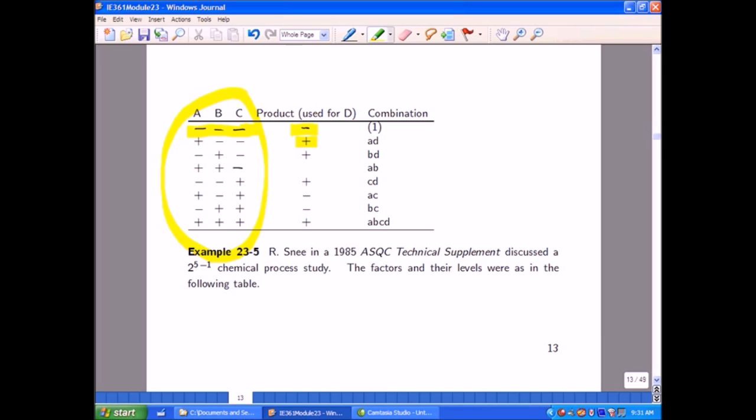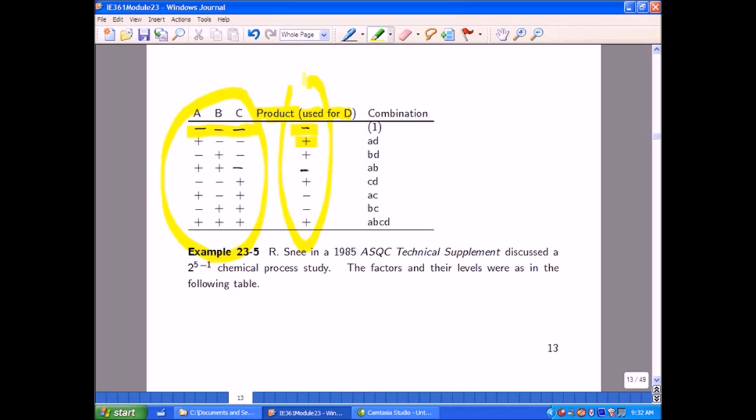If I multiply along the fourth row here, 2 plus 1s and a minus 1, I'm going to get a minus 1, and so on. And so the point here is that I've made up a column that is the product of the values in the first 3 columns, and these are what I use to choose levels of